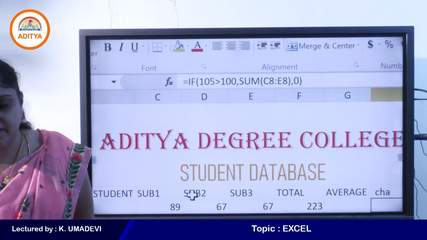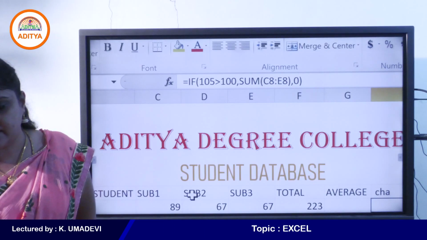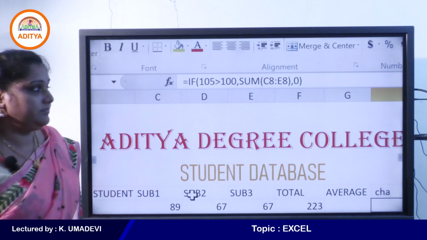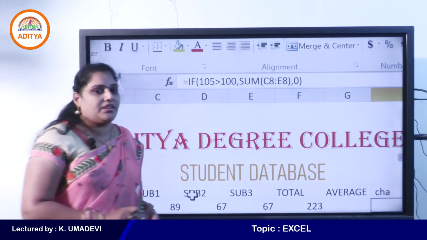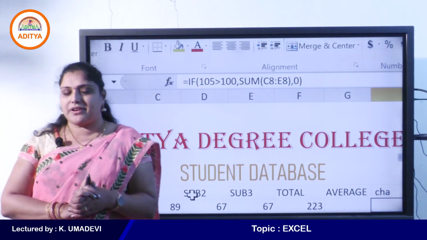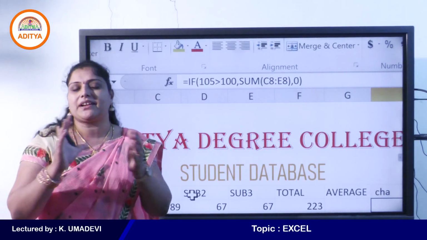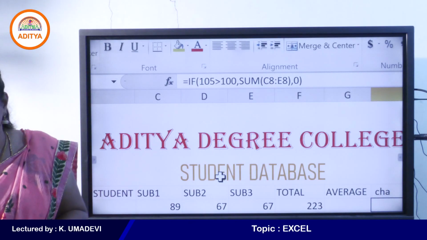The hint is we have discussed logical functions in the previous class. So which functions are used to test multiple conditions? No responses.